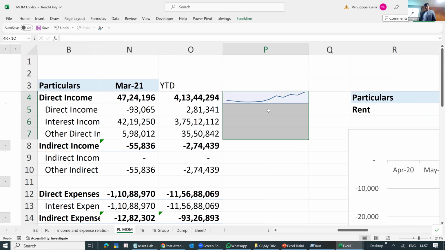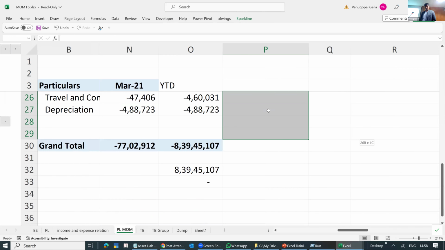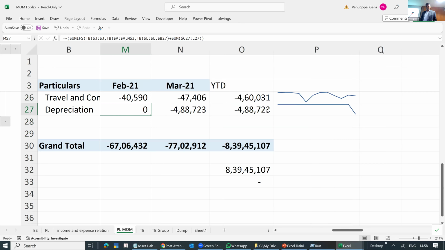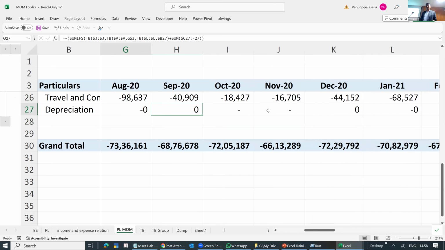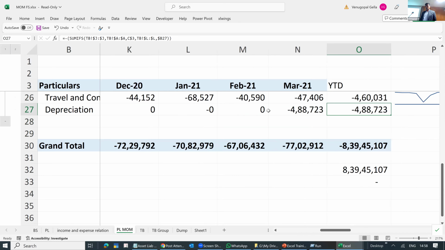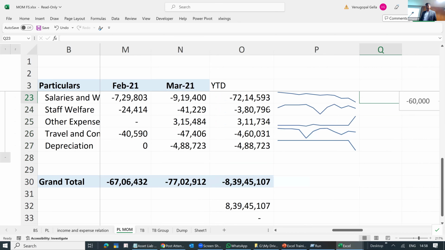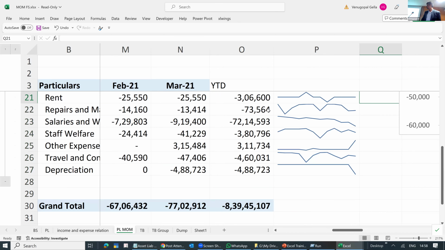Various incomes, whether it is incomes or expenditures, everything, like depreciation. In the month of March only, in none of the other months is the depreciation provided. So you can see the graphs against each expenditure, how the pattern is and how it is moving. Whether 12 months are there or not, whether the grouping is correct or not, all of it you can see.